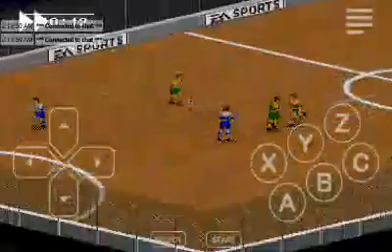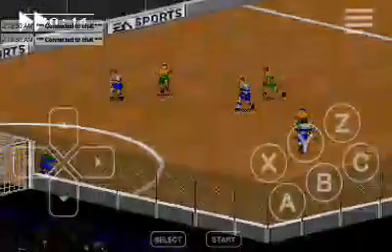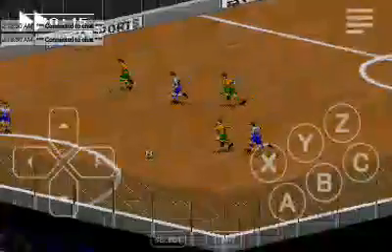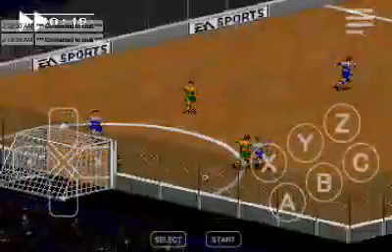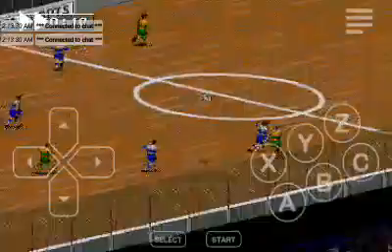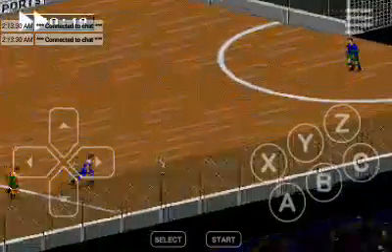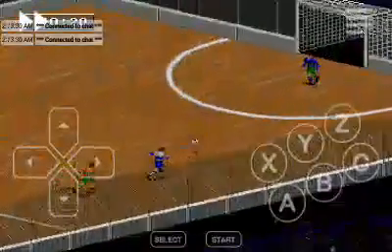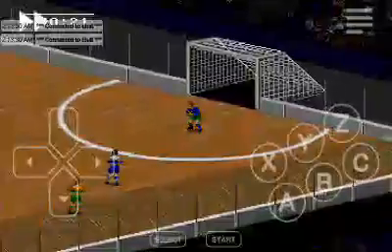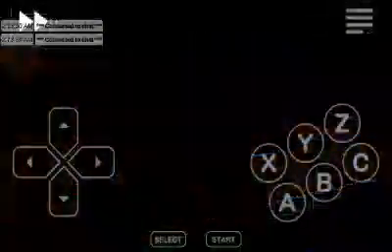Dallas recovers and pushes into the offensive line. Vancouver takes the ball into the offensive line, but the advancement is stopped by Dallas' goalkeeper.